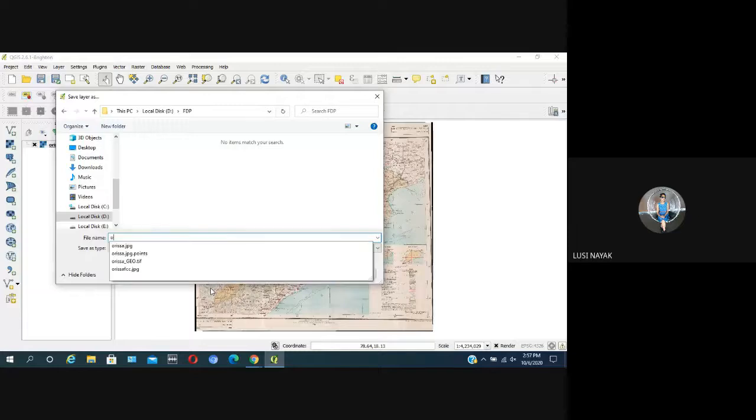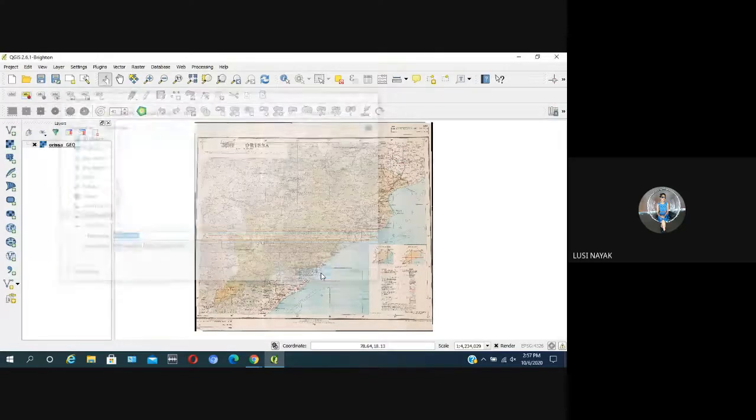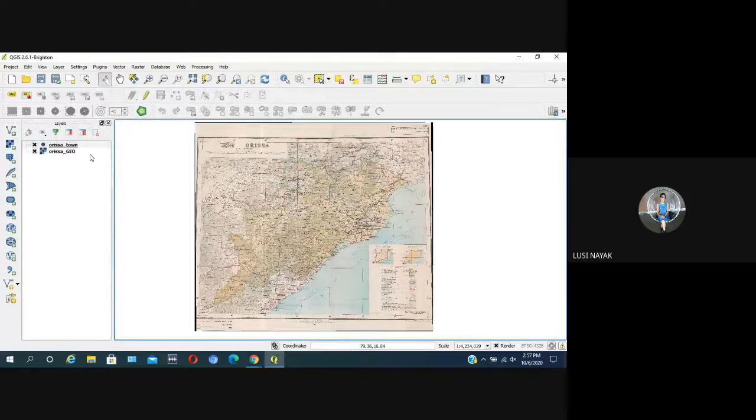These are towns of Odisha. Okay. Wait, if there is some error in the spelling, no problem. It's underscore town, yes. Wait for a minute. So you see in the content box, Odisha underscore town, a vector layer has been added.